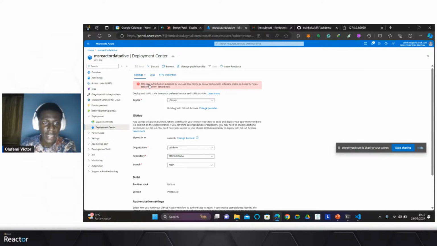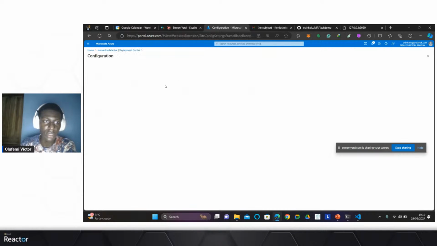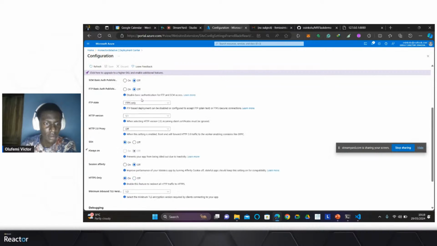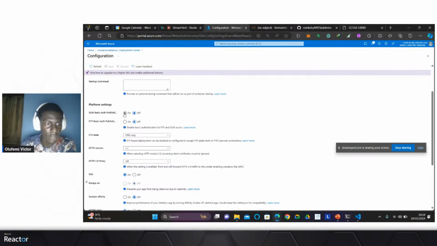So it says SCM basic authentication is disabled for your app. Click here to go to enable it. Okay, so let's just go and enable it. So basic authentication on.